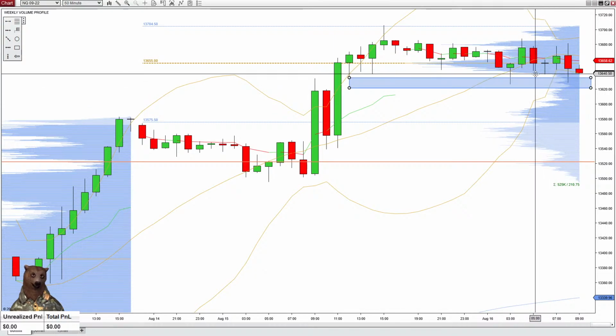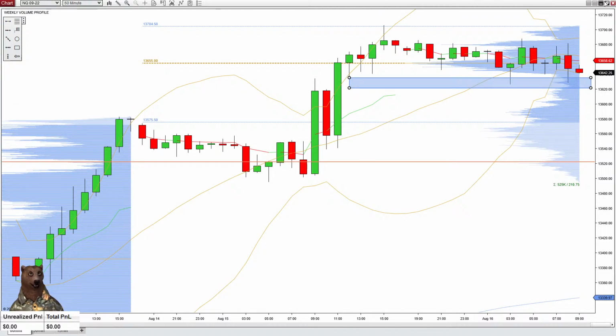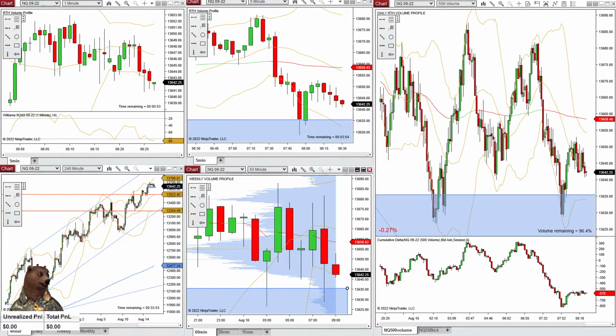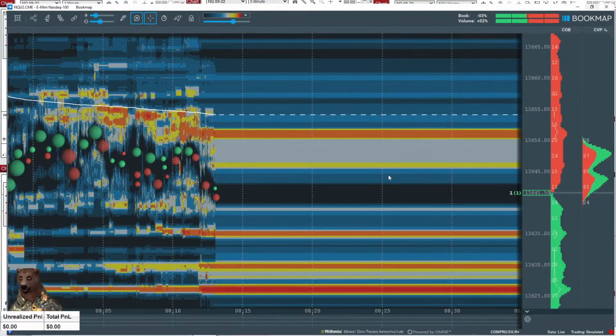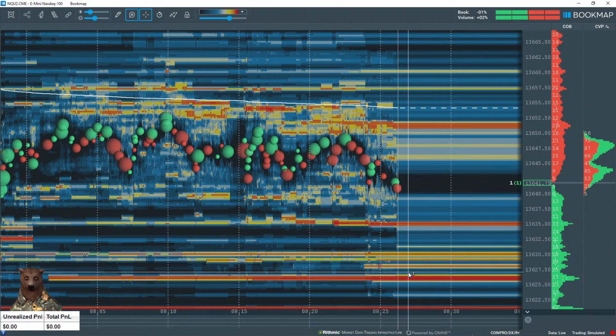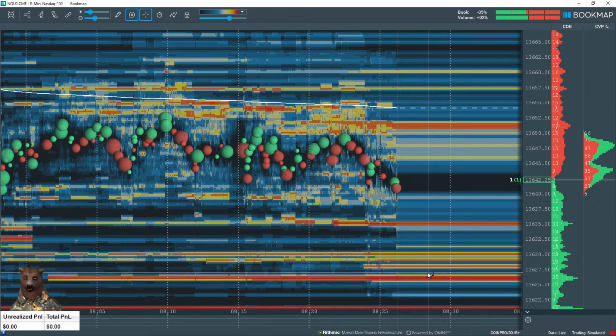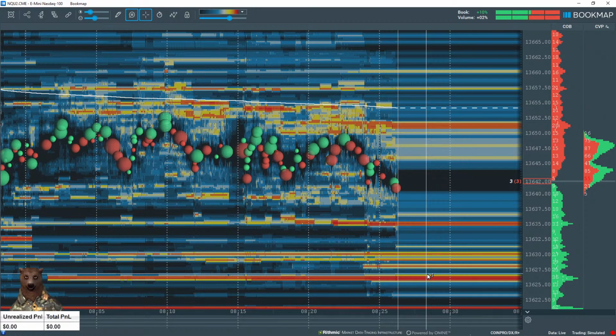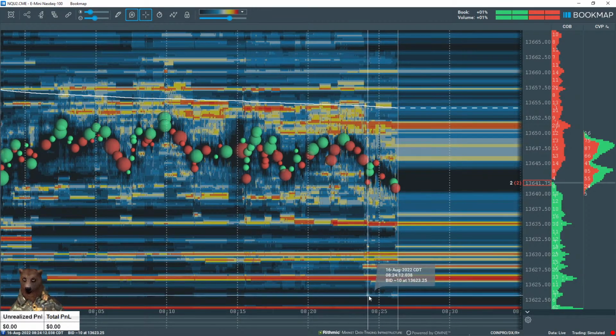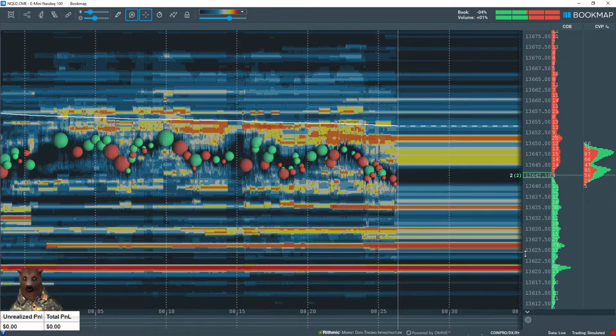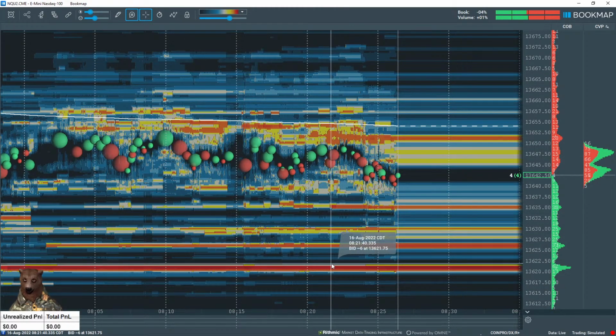We're right at the edge of it, up here at 13,640. It does look like it wants to come down a little bit more. And I think this is what we were talking about, using this Bookmap tool here. We can see this massive area of liquidity down here around 13,626, and even some more down here at